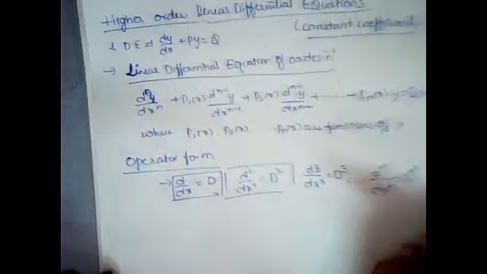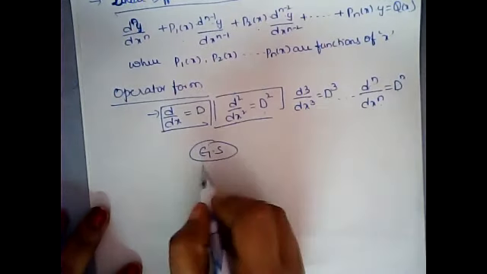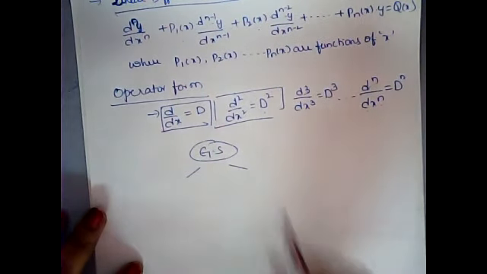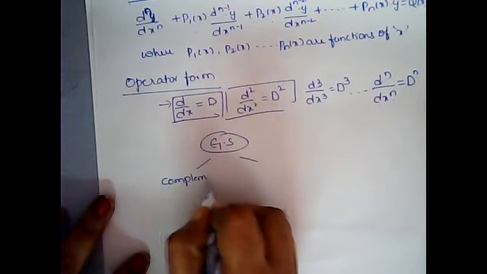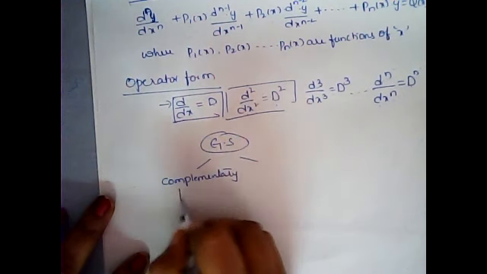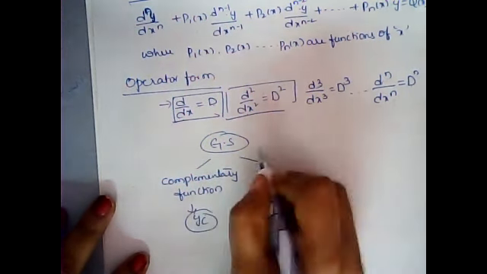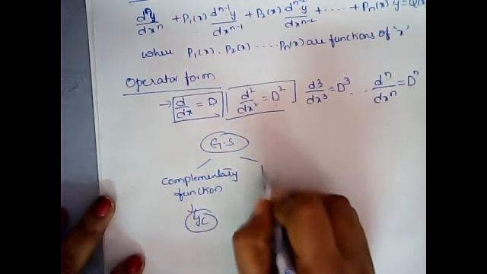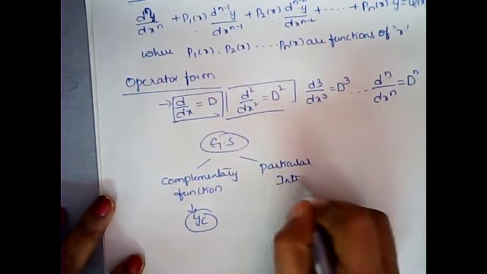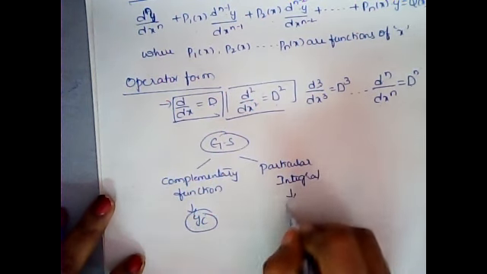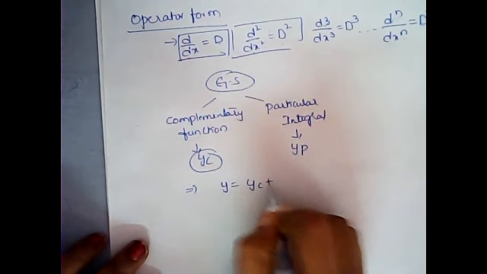And for the general solution, for whatever the equation we are taking, we need to go with 2 solutions. What is that here? Which is nothing but the complementary function, which we are denoting with yc here, and the next one is the particular integral, which we are denoting with yp. So for our general solution, we need both yc and yp.